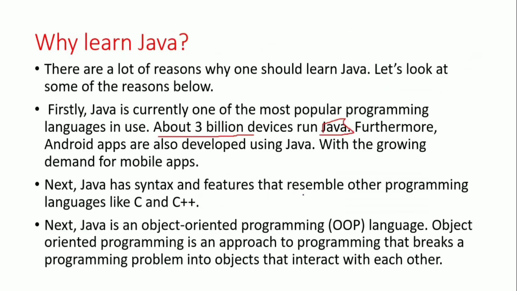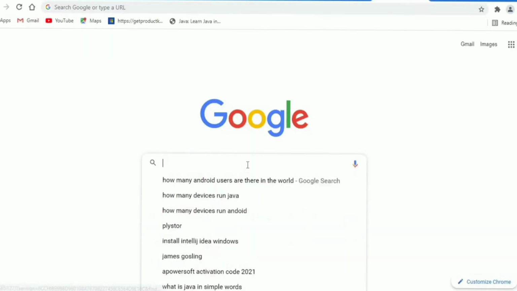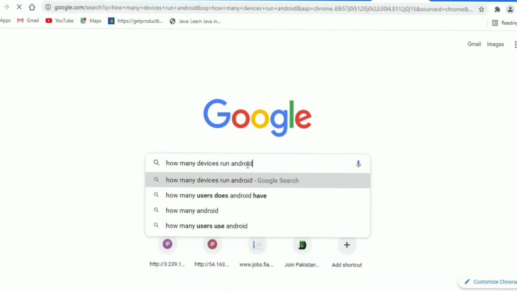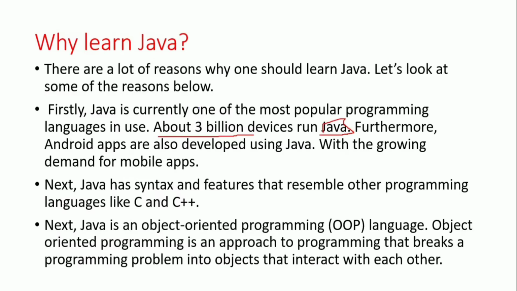So why should you learn Java? There would be many reasons according to you, but the most common reason students are attracted is, as we discussed, that Java is currently one of the most popular programming languages in use. The reason for the popularity is that about 3 billion devices run Java.